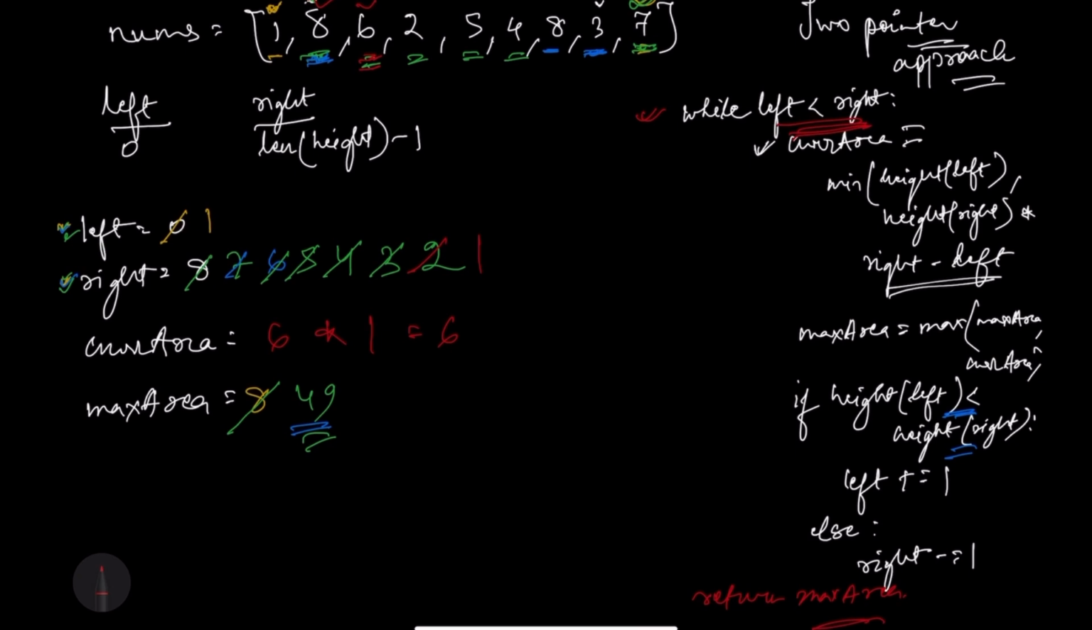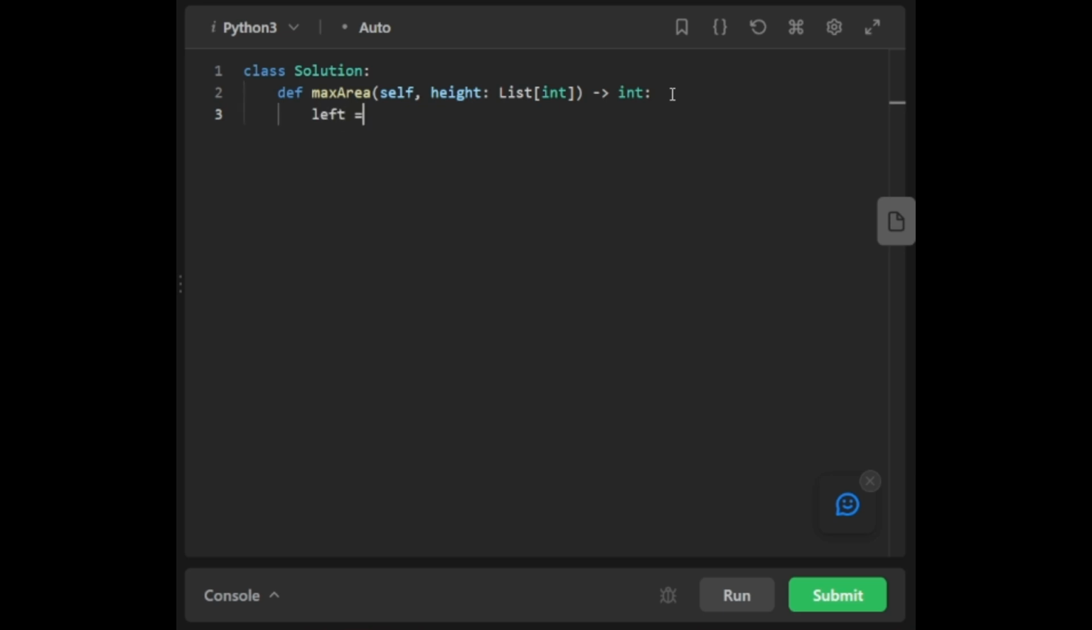I will move over to Leetcode and show you how to write the code for this. Let's initialize our left to 0, our right to length of height minus 1, and let our max area be 0 initially. Now while our left is smaller than right, what we will do is we will find our current area, so that would be minimum